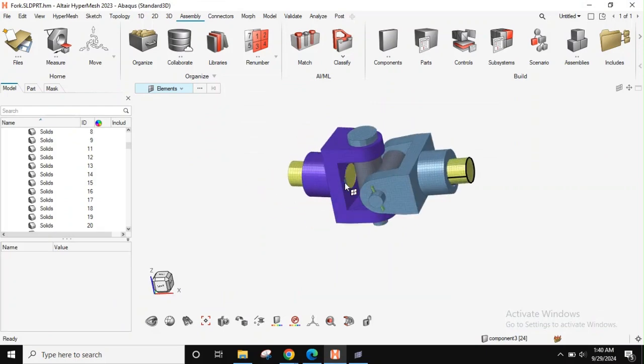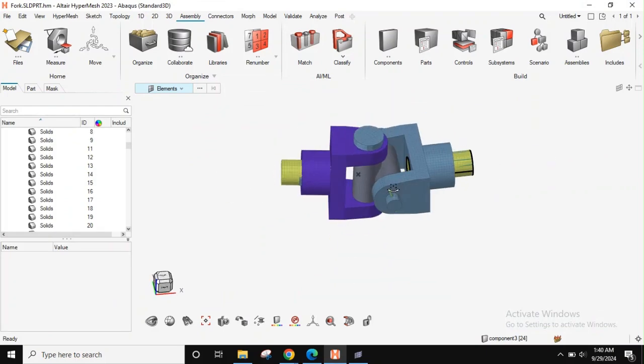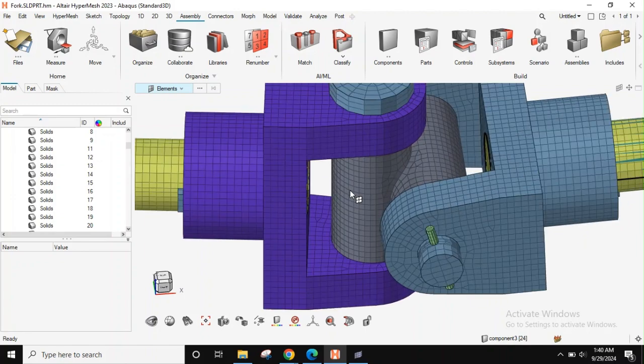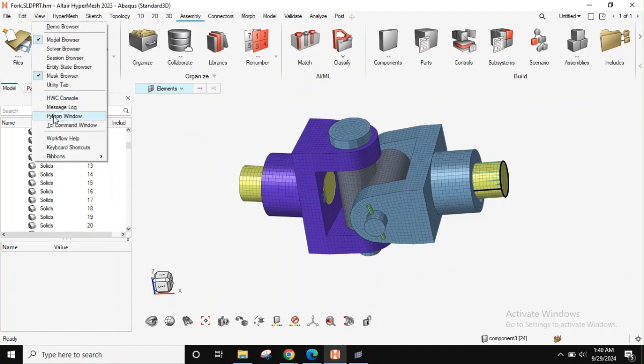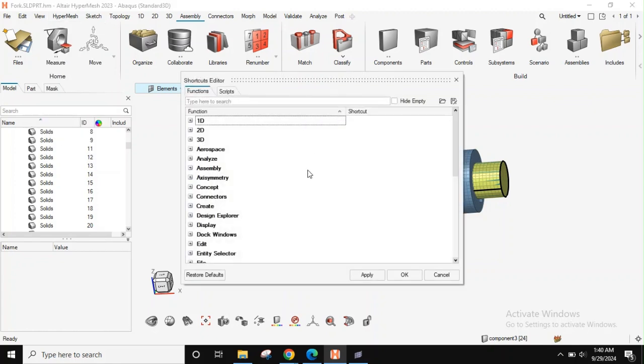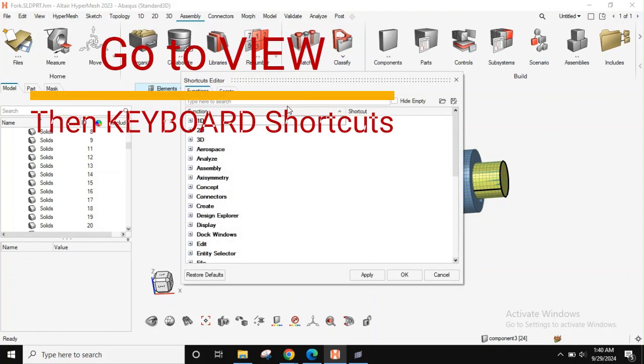Hi. So we are going to see how to assign keys in the keyboard options. Like we want to create some new shortcut keys here. So in HyperMesh 23, go to View, Keyboard, Shortcuts, and then